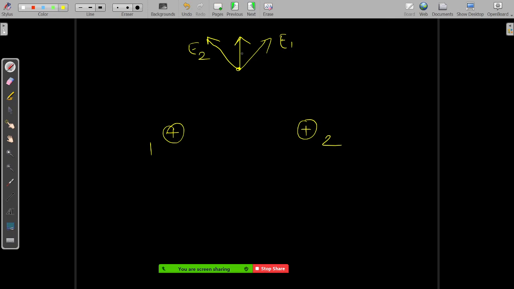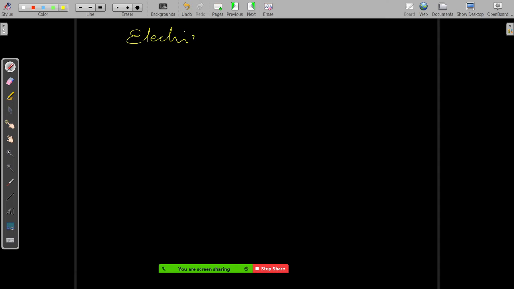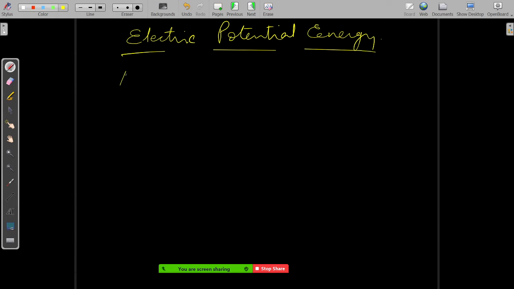Now we'll come back to your potential energy. So basically, electric potential energy. What we saw is, first thing, we have already discussed this when we studied the work energy. The first thing is we define only change in potential energy, and